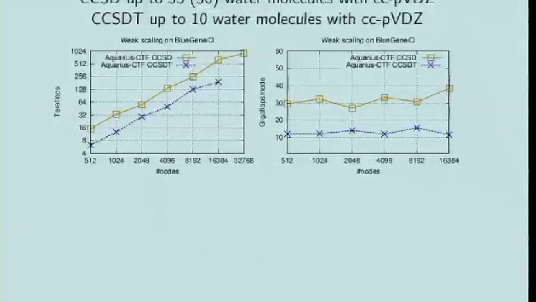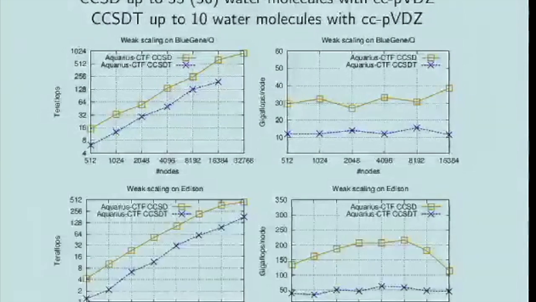Going further, and now both of the types of lines are our own code, but for CCSD and CCSD(T), and now we just try to do weak scaling, solving the biggest problems that fit into memory and using as many nodes as possible. And what we're able to show is that in terms of the flop rate that we achieve, we're near a petaflop in performance, and we're at a state of reasonable efficiency in terms of the node performance. This is on Blue Gene/Q, on Mira, and on Edison, which is a Cray XC30 system at